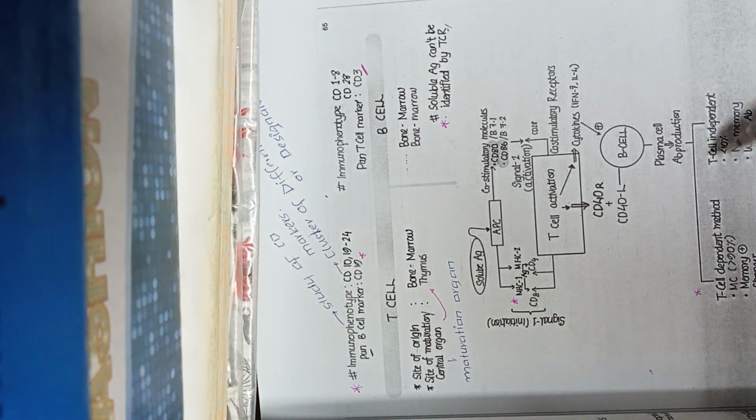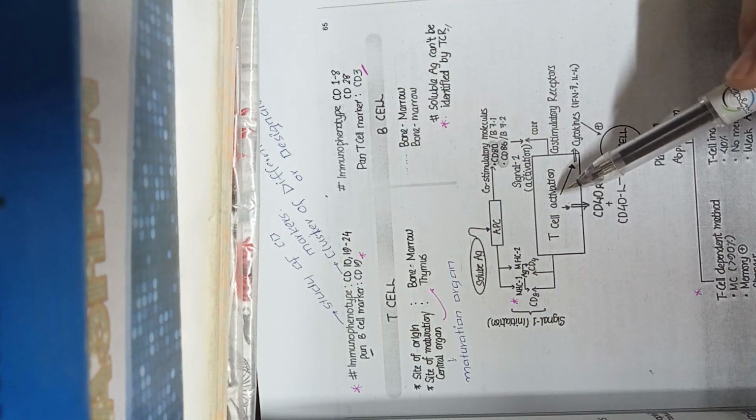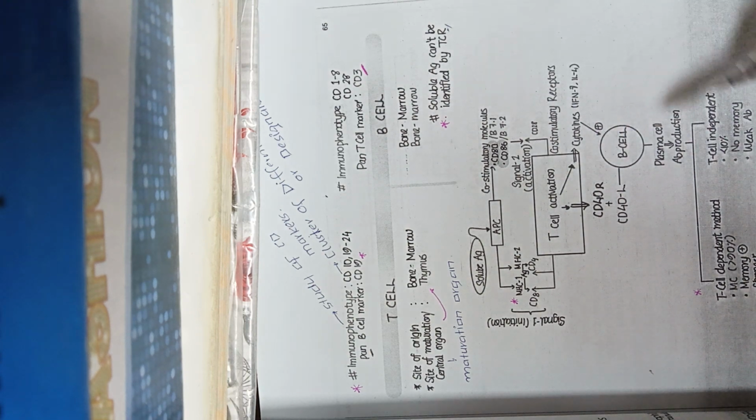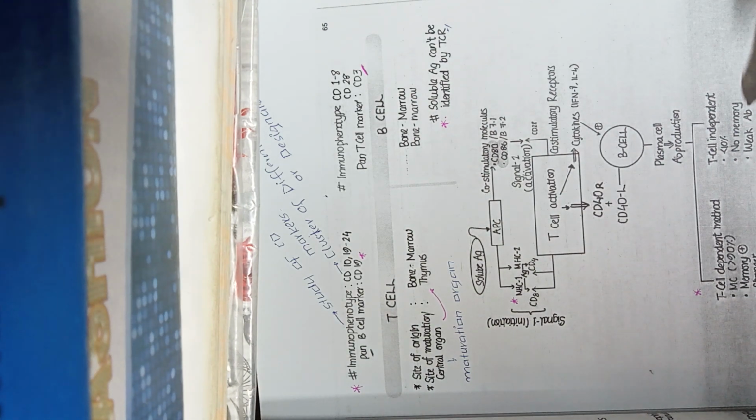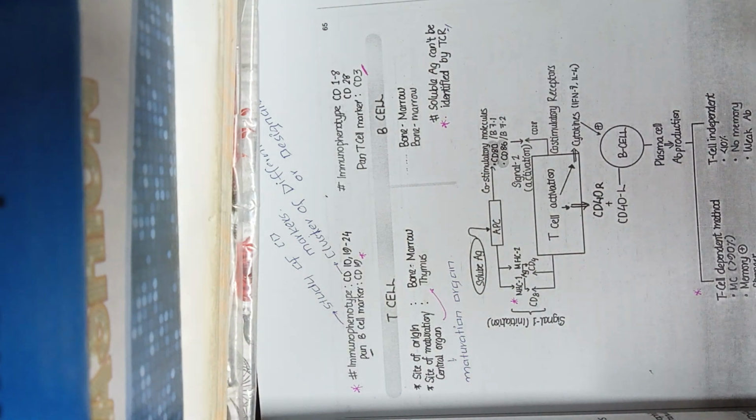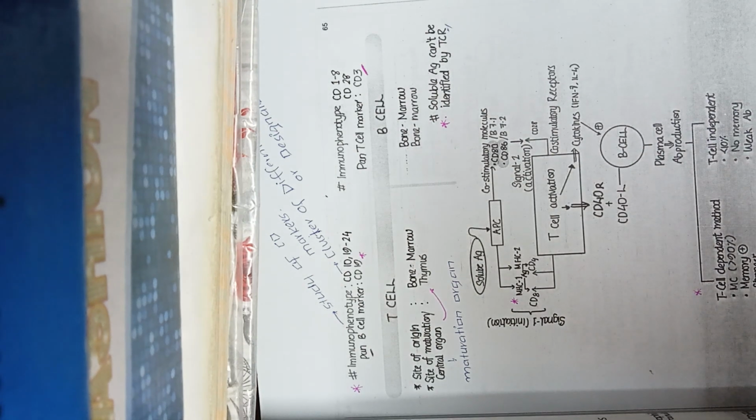While on the other hand, where T cell is not required for B cell production, it is less than 10%, no memory, and it forms weak antibodies. Got these points? Very good. Now let's discuss